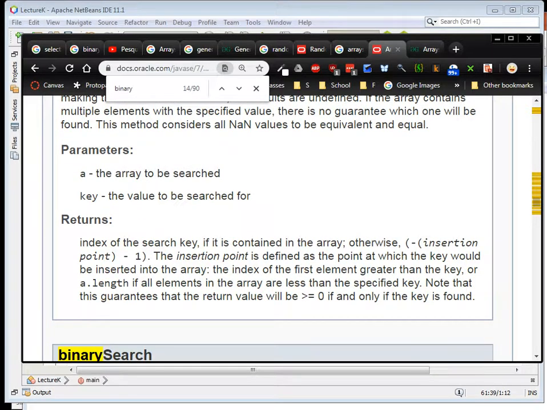Returns the index of the search key if it is found, otherwise it returns the negative insertion point, which is the point of where the key would have been if it was in the array. The last value checked, the last position checked before it decided it couldn't find it, which is useful information. Like if you